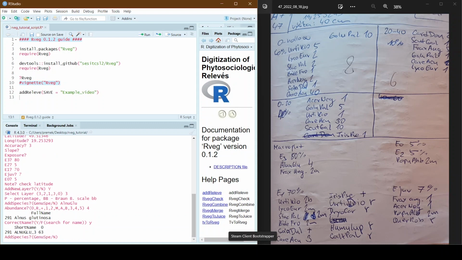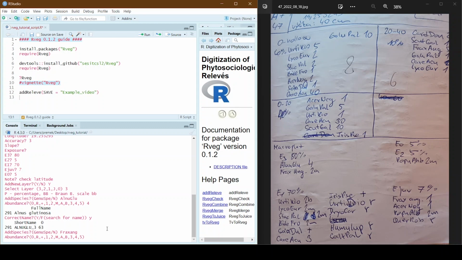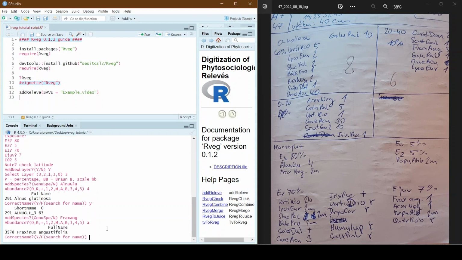And just like this, you fill in the whole relevé. My second species in the tree layer was Fraxinus angustifolia. So I'm writing Frax ang, with the A. It's enough to write A, and it's correct.